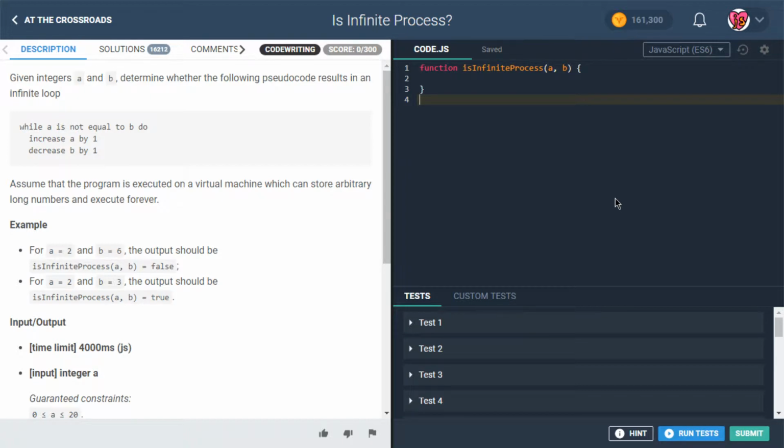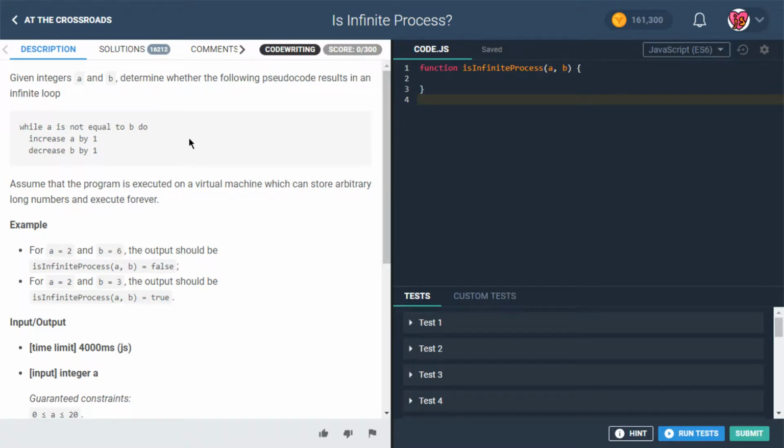Okay, so basically this is an interesting problem because in some ways it's a little bit meta. They're asking us about this program right here. If we were given two integers, so two whole numbers, A and B, we want to know about this pseudocode, which isn't written in any particular language; it's language independent. The idea is that we've got A and B, and while they're not equal,